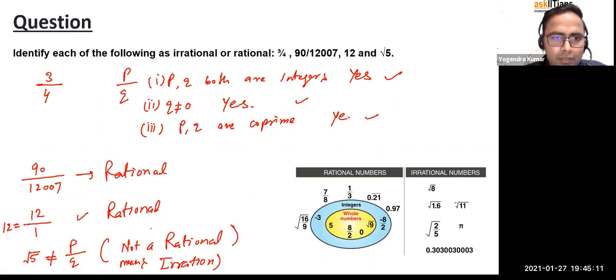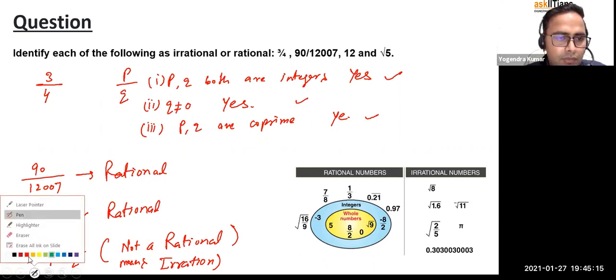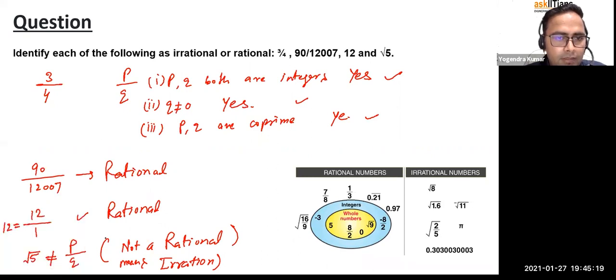All the real numbers. Let me write down this point because it is very, very important. As I don't have the space, let me write down here. Very, very important point. All real numbers